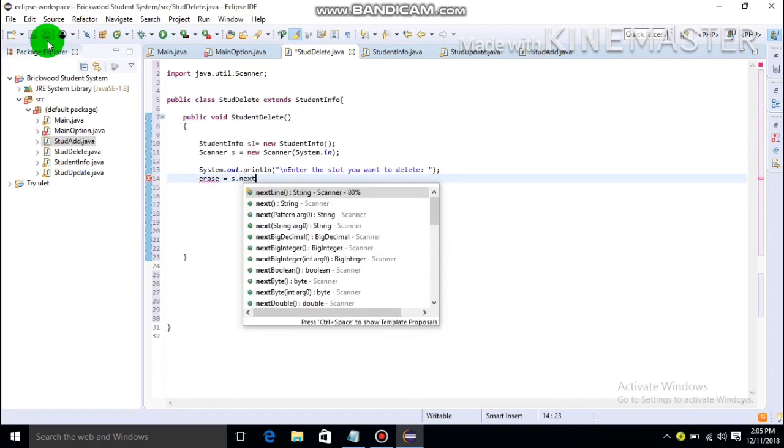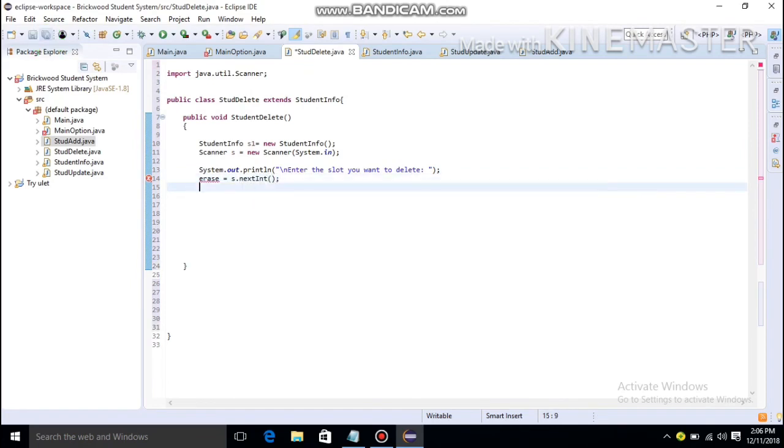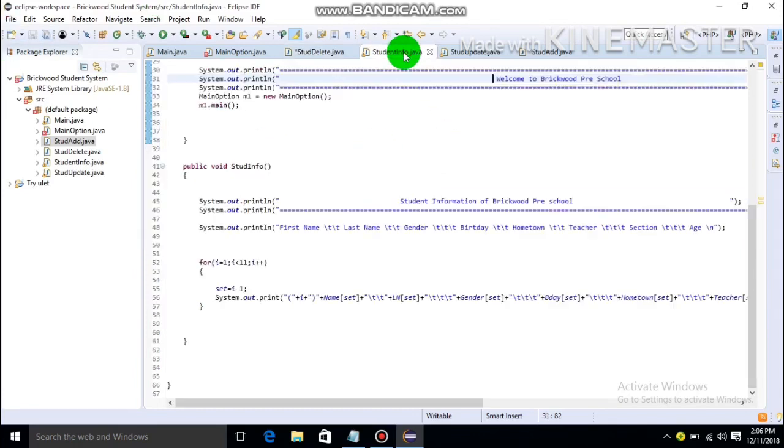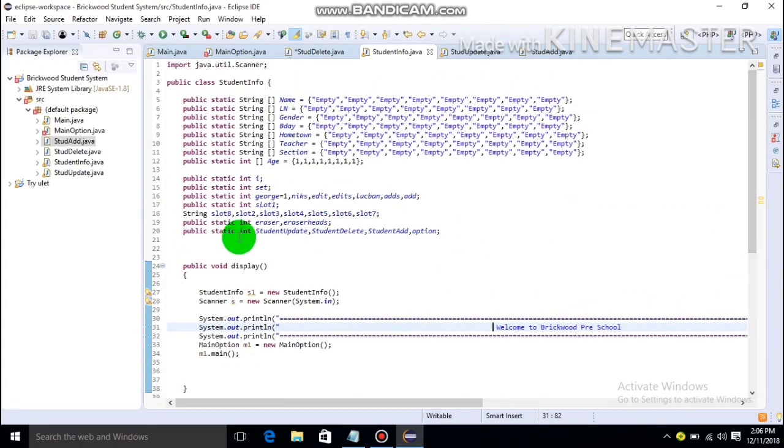Then erase is equals to s dot next, then eraser heads is equals to erase 1, then